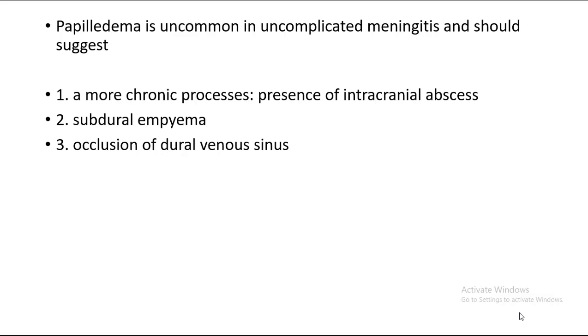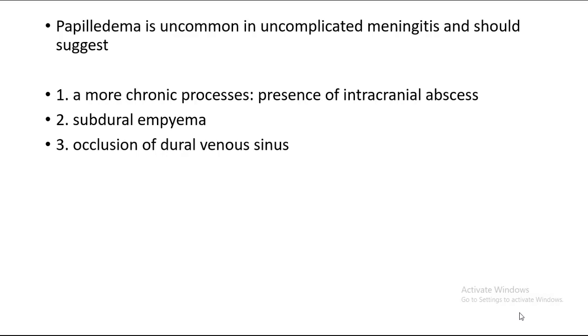Papilledema is uncommon in uncomplicated meningitis. Papilledema is not commonly seen in meningitis, but if you find papilledema in children with meningitis, then you need to think of a chronic process like abscess, intracranial abscess, subdural empyema, or occlusion of dural venous sinuses. In this case, if there is suspicion of meningitis and papilledema, then you have to think of these three